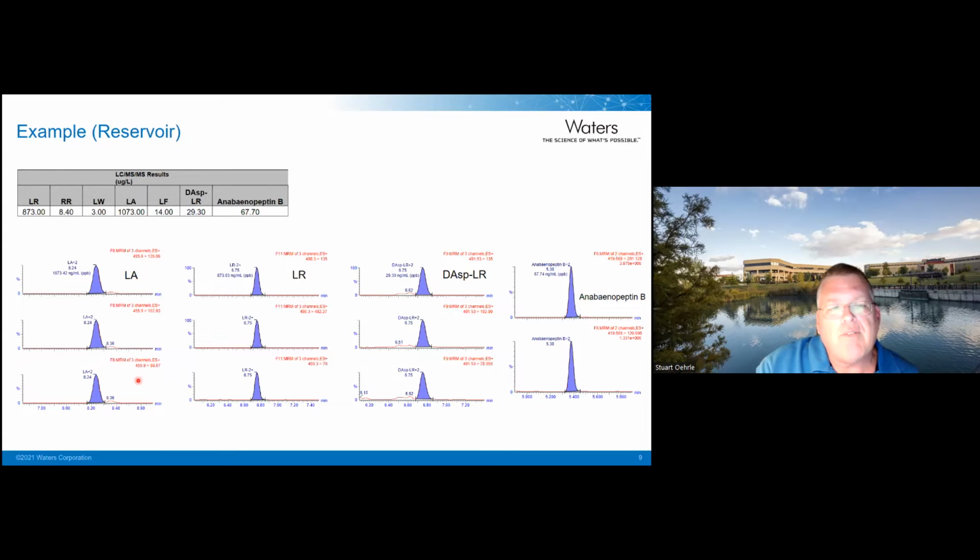So if I see all three of those, I have a high degree of confidence that that's the actual toxin that's present. This is the amounts in micrograms per liter that were found in these samples. It was interesting that in this sample, usually microcystin LR is the most, but in this case, LA was, which is actually slightly more toxic.